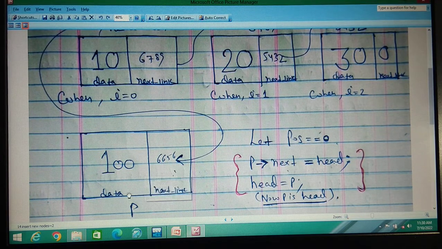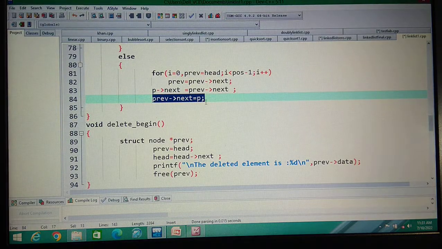Now you are saying its next is the address of this. Very simple. The address of P will be stored here. It means your node will be after 30, so your display will be 10, 20, 30, then 100. The address of P is stored in PREV dot next.